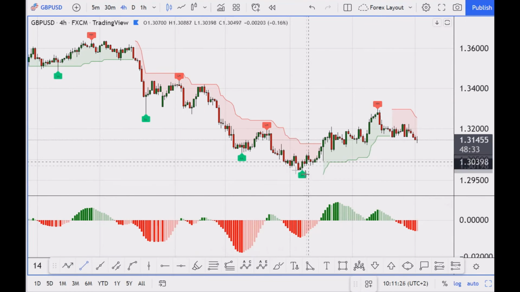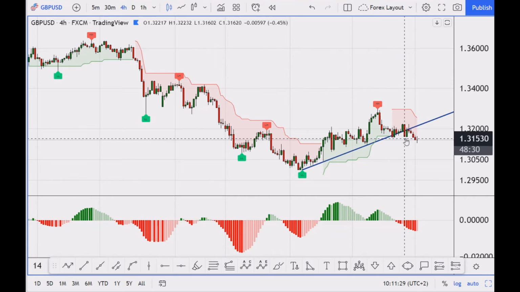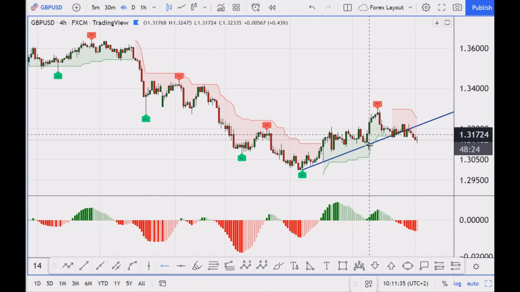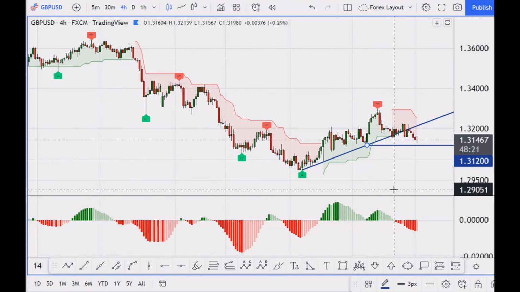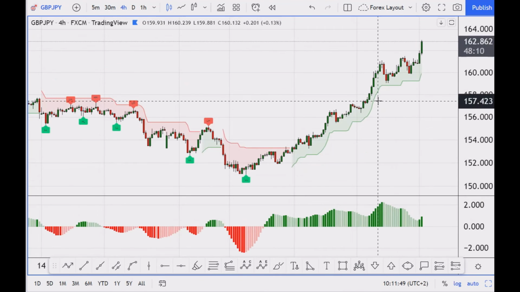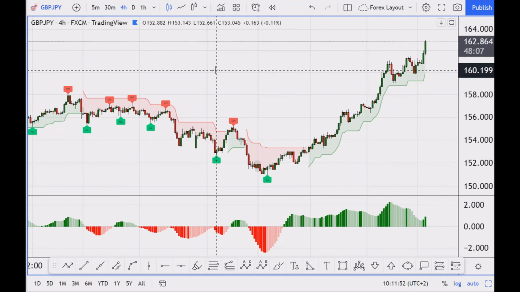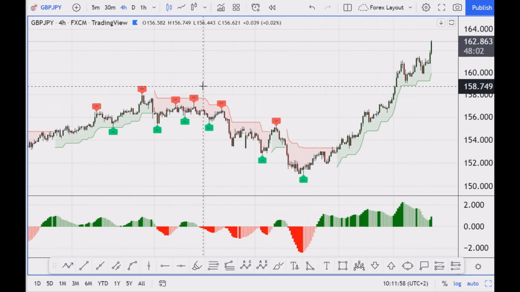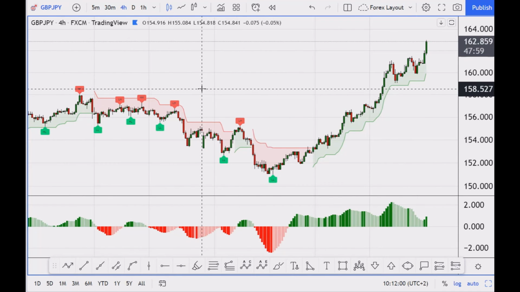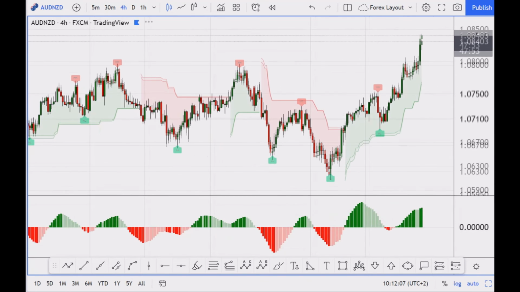The same goes for the pound versus the US dollar. We had this break below the upward correction. However, the pound still has some issues with this level, which is 1.3120. So we expect a continuation of around 25 pips to the downside to target this support level, and then we will be watching closely for the price action to confirm this move. The pound yen still continues the upward trend with fresh, renewed momentum. So there is nothing much that we can say technically on the pound yen. As long as it is in this upward trend, any correction to the downside should be a good opportunity to